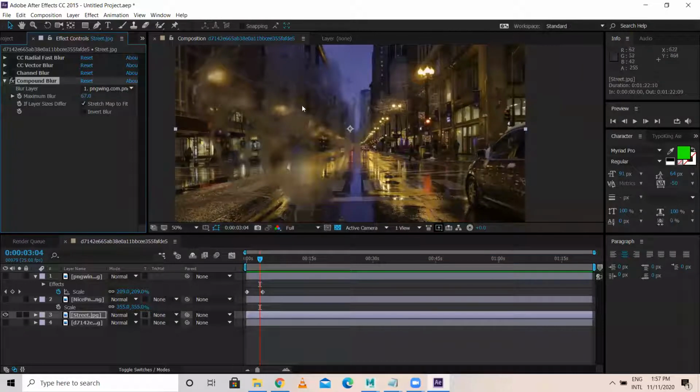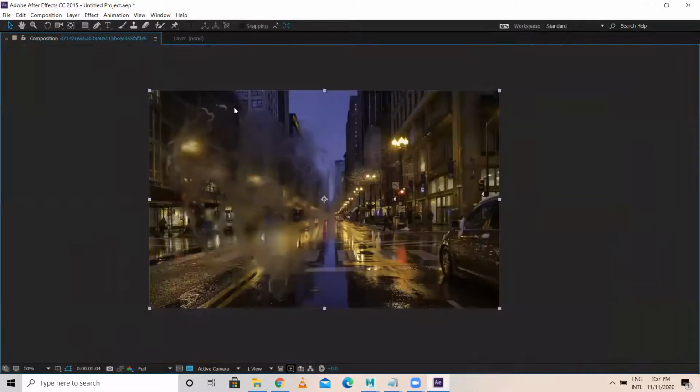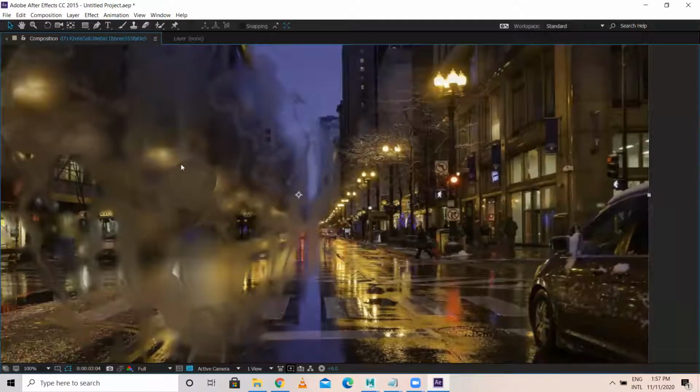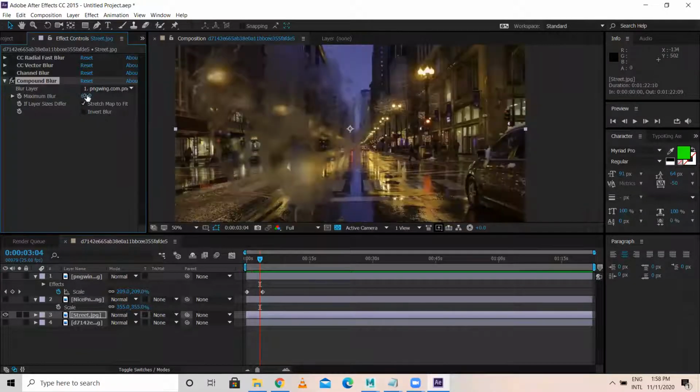See, you can have this character face detail and all over here, right? Even though it is in another layer, the character layer is on top, whereas the street layer is over here. If I'm inverting this blur, flash character is there, rest of other things is gone. Okay, like this. I'll turn off this compound blur.